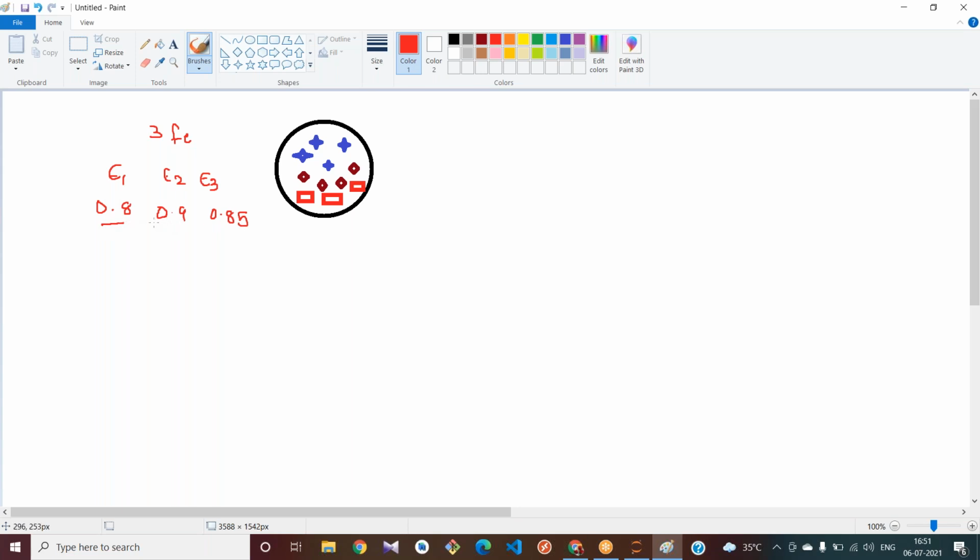Then it tries to split your data based on the entropy. Please tell me which value has got more entropy here. E2. E2 has got more entropy.